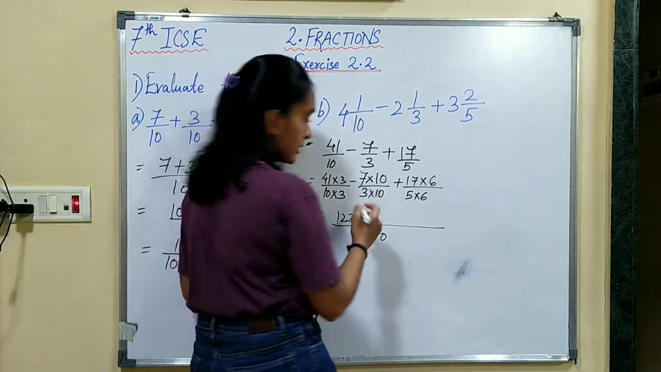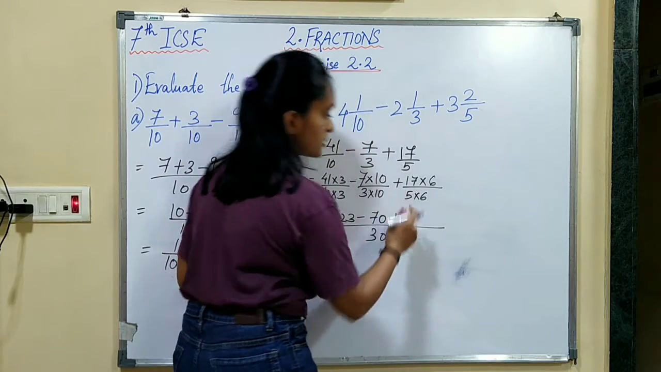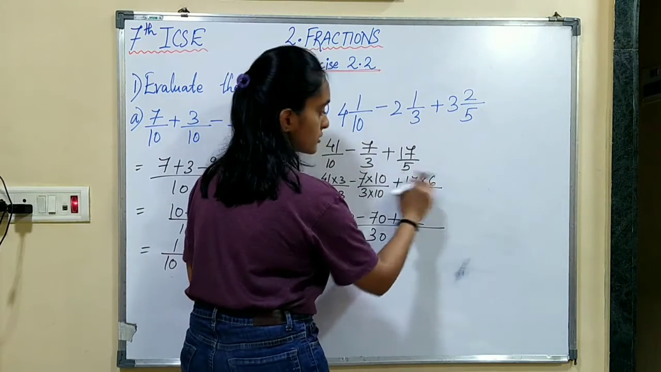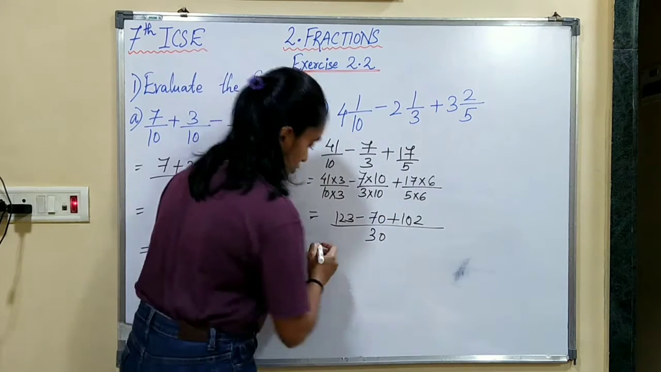So 123 minus 7 tens is 70 plus 17 sixes are... So 6 sevens is 42. Carry 4, 6 ones is 6 and plus 4 is 10. So 102. So we will get